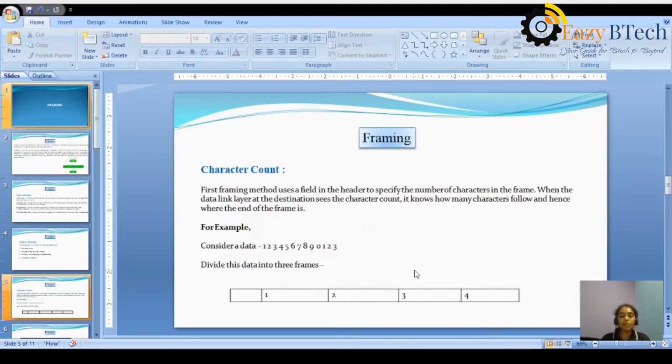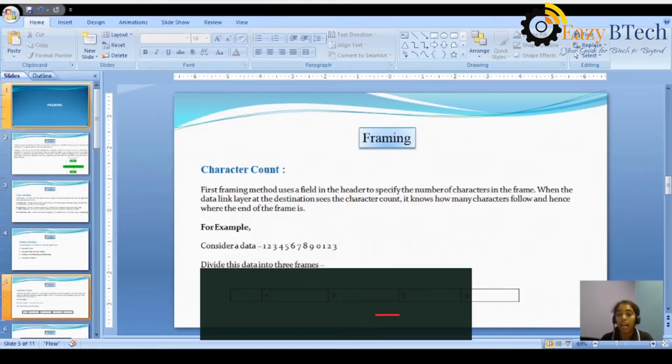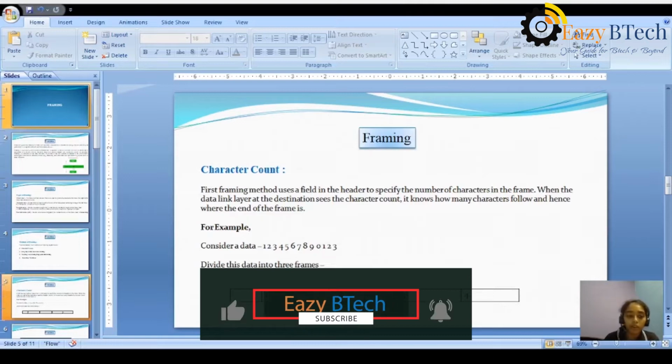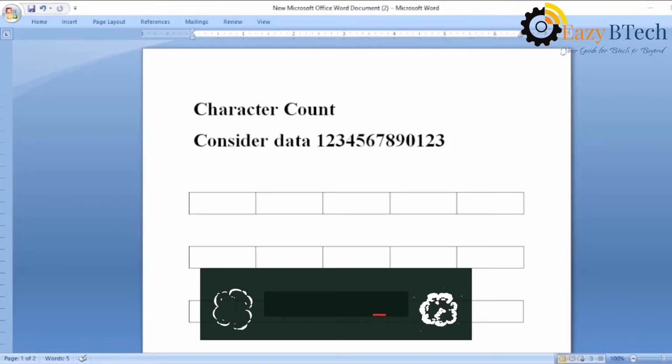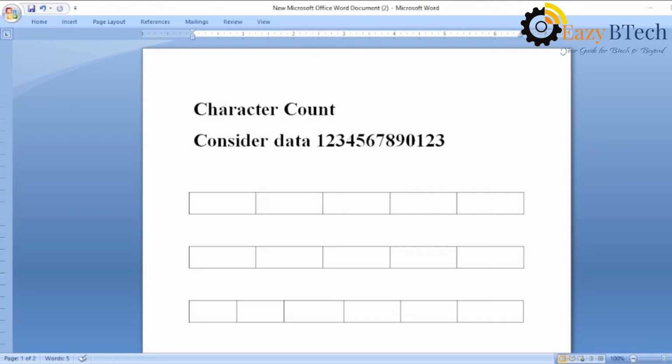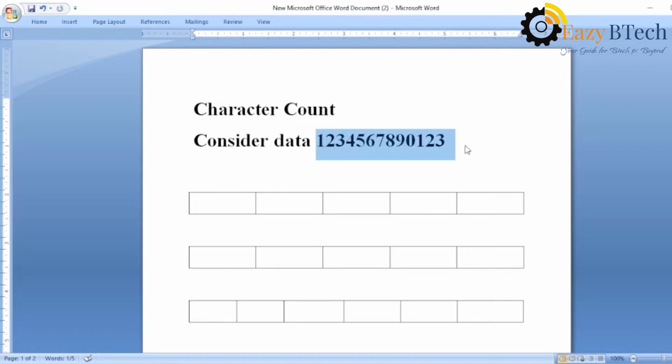So let us see one example, so we can get a clear idea about character count. This is the actual data. I'm taking it as example data.